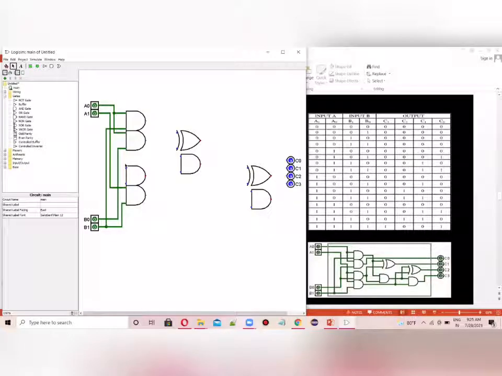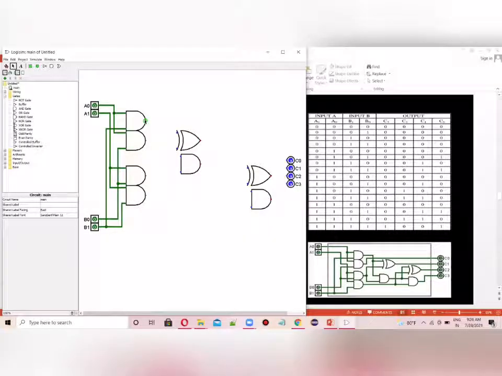Now let's think about this and let's connect this with A1. So A1 is going here. I have connected it with A1. Now it's okay. And let me connect this with B0. Okay, B0. Now it's done. So I guess all the terminals have been connected. So this part is completely finished.